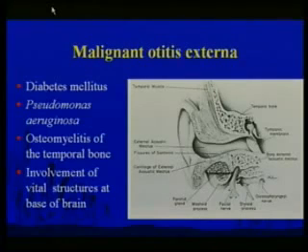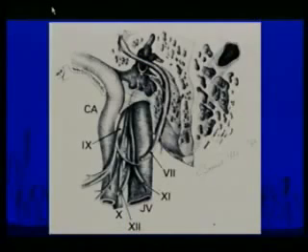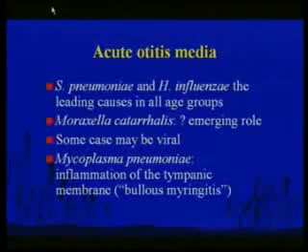The reason the ear is sort of mobile right here is because the cartilage is discontinuous, and there's some little slips called the fissures of Santorini. From there, the organism can get down and burrow down around under the temporal bone and get into the skull, and also cause osteomyelitis of the temporal bone. And the problem is that once it gets into the temporal bone, again, you've got a bunch of vital structures, including the jugular vein and the carotid artery coming down there, so that can be fatal, hence malignant.